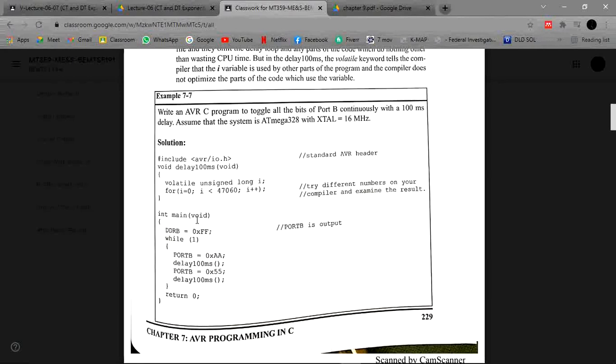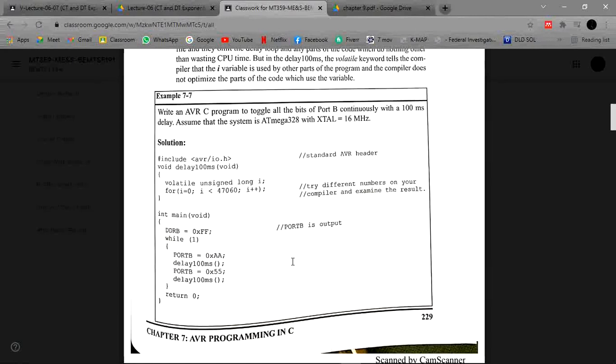So after initializing main, after setting the direction register for declaring output on the port B, and port B assigning value, and after it we have to declare delay 100 ms semicolon, and this function creates a 100 millisecond delay after each toggle.